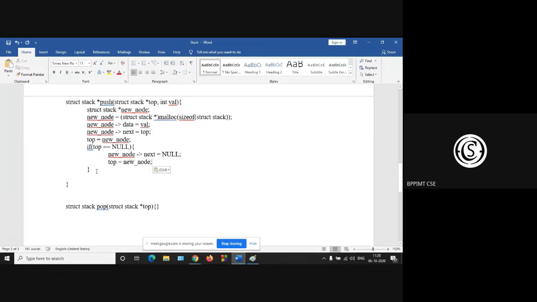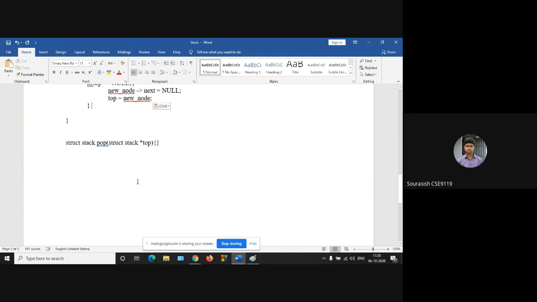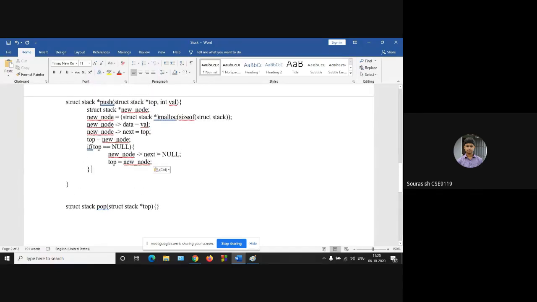Sir, if the top was null, the above expression will automatically make the new node next equal to null. We don't have to make a new condition, you can comment these two lines.